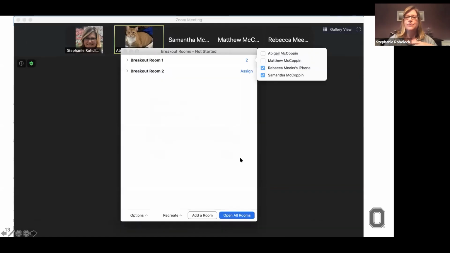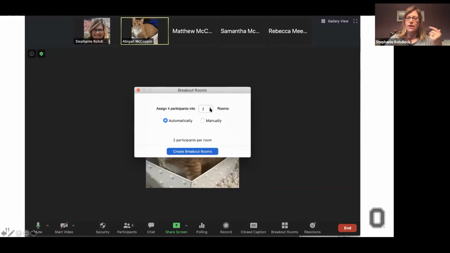And if you choose to do it manually, it will take the number you saw on the previous slide. It will tell you that you have 4 participants, and we're going to assume you want them in 2 rooms, but you can change that, right? If you have 30-something students, it will give you a number of rooms, and you can adjust that. So it will help you get a sense of, I don't want 10 students in a room, I maybe want 3. You just have to do that math quickly.